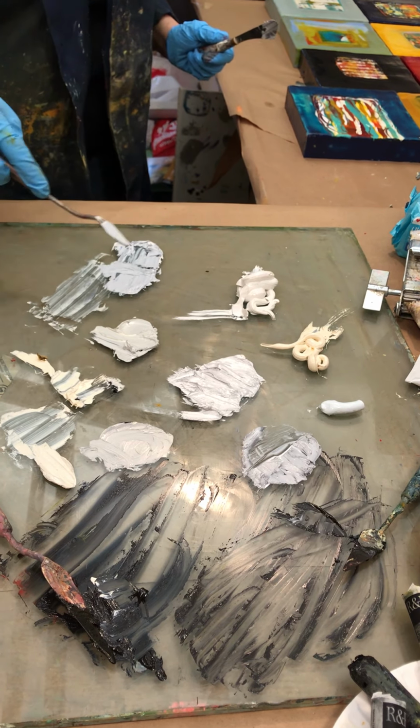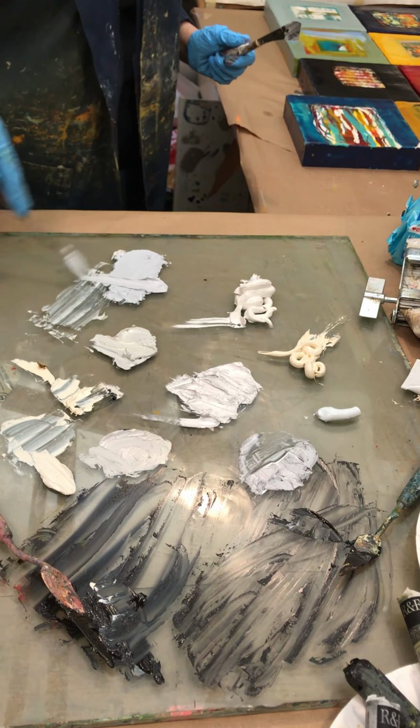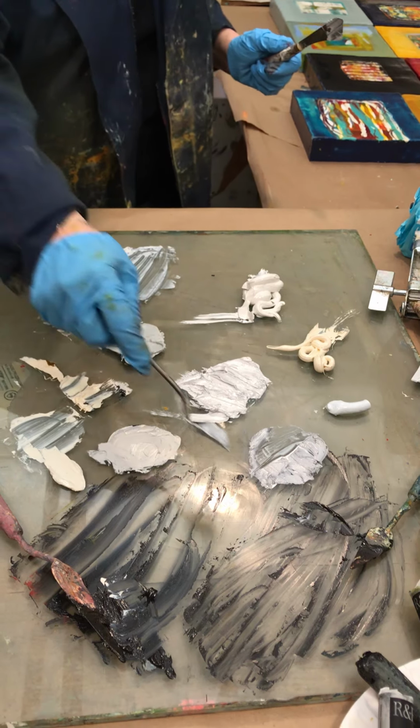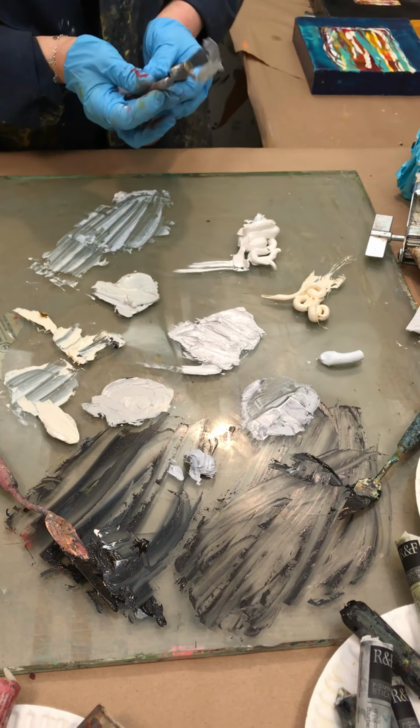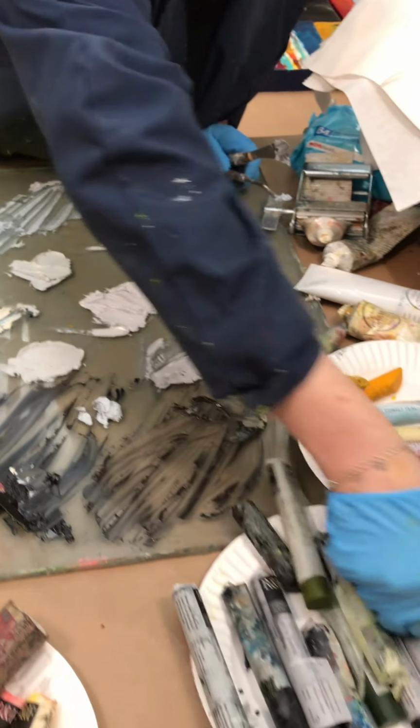Okay, so I already have 1, 2, 3, 4. I've got a bunch of different grays going on here. Now watch this. I'm going to put this over here. I am going to take Turkey Umber